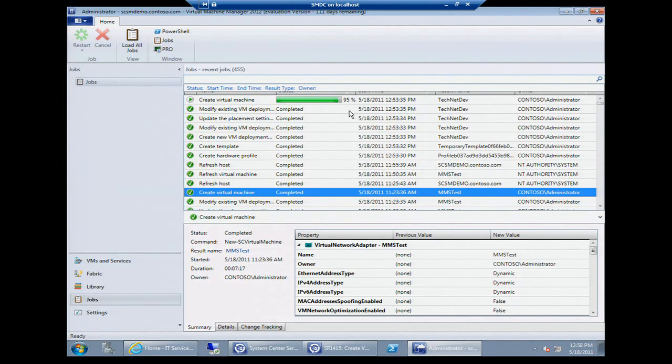So the integration between Service Manager is only to Orchestrator, not to Opalis. So you'll need to move across to Orchestrator before you can do what Sean showed you. And from a runbook standpoint, you can still create your runbooks in Orchestrator. Yeah. When Service Manager 2012 was released, the connector will bring those runbooks in so that you can call them from within Service Manager. Now, that being the examples that we were showing you of Service Manager 2010 and Opalis 6.3,